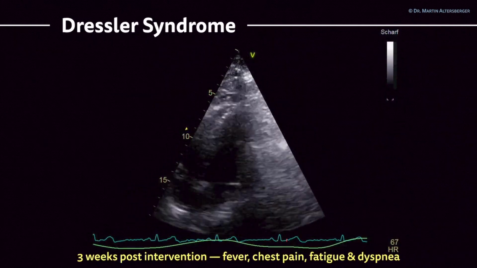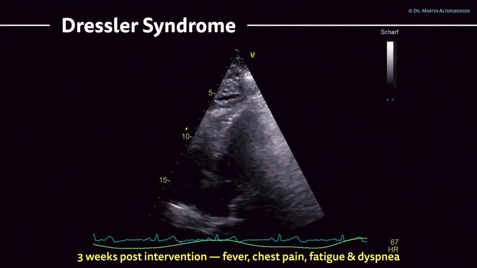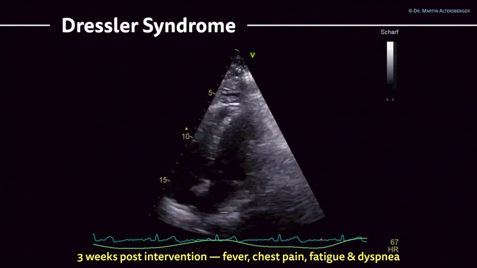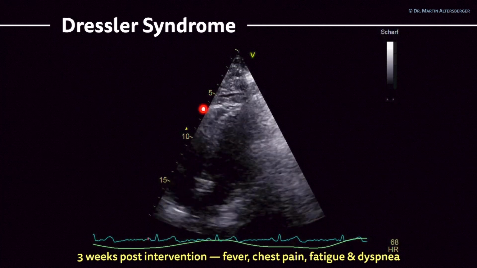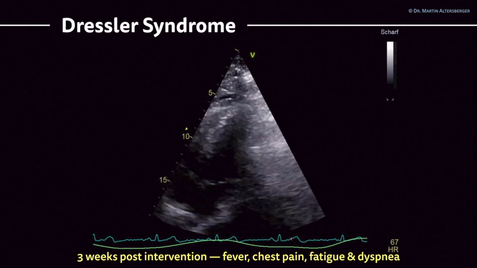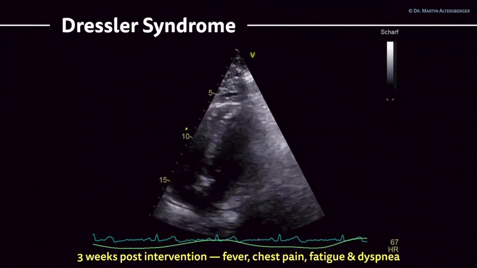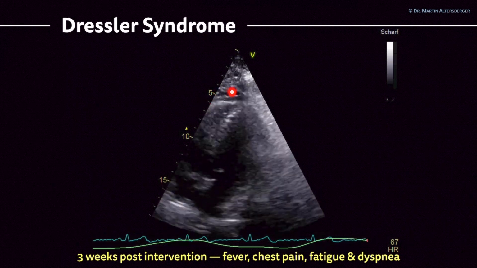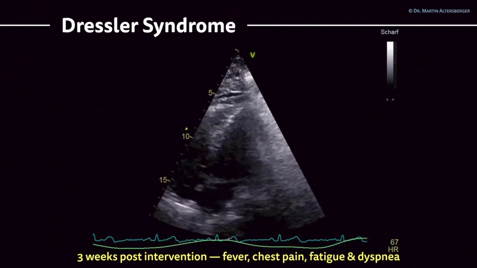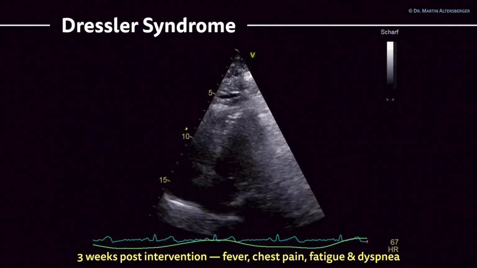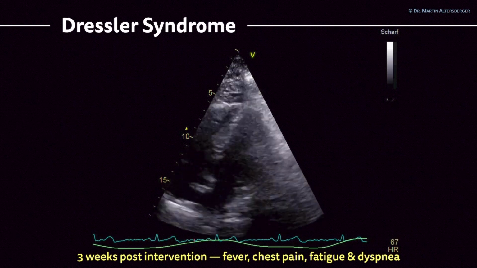Another important structure to differentiate is epicardial fat. So here we have free fluid and another thicker layer. This specific patient actually had a Dressler syndrome. So you see this pericardial effusion, it's definitely not large, but this patient had an intervention, cardiac intervention, and after